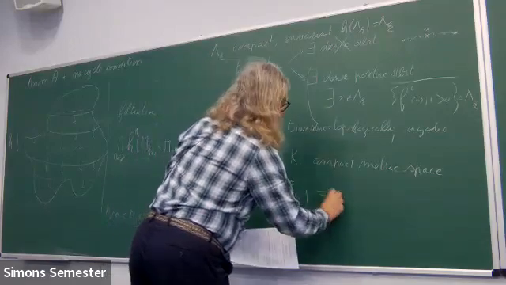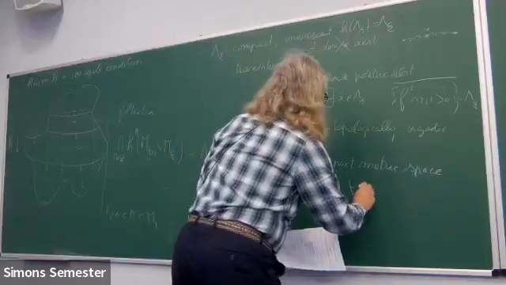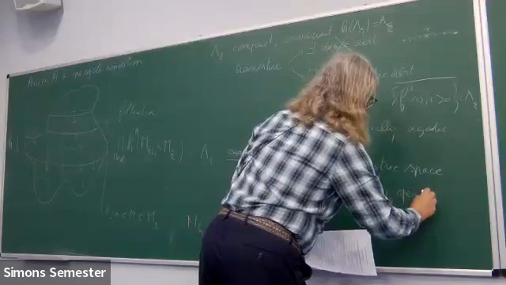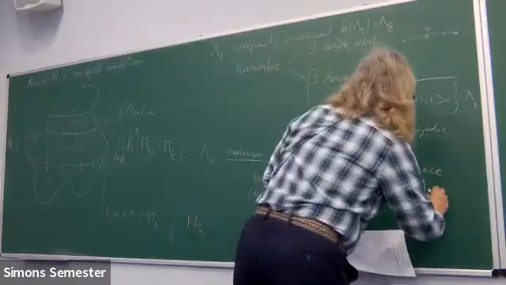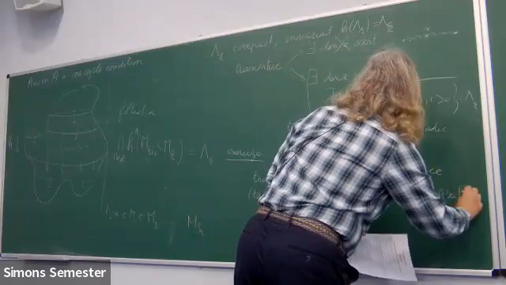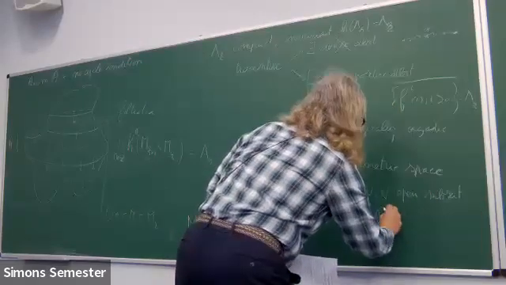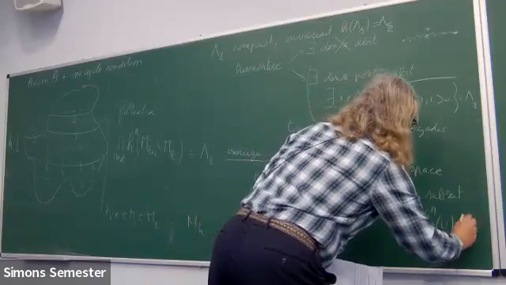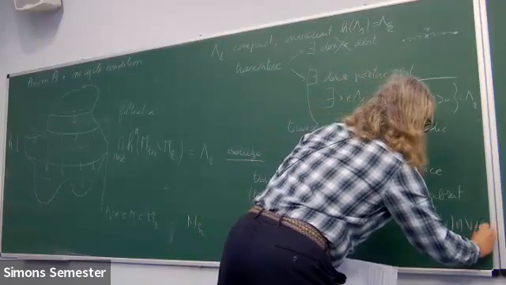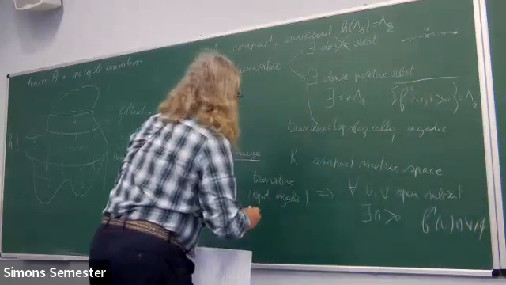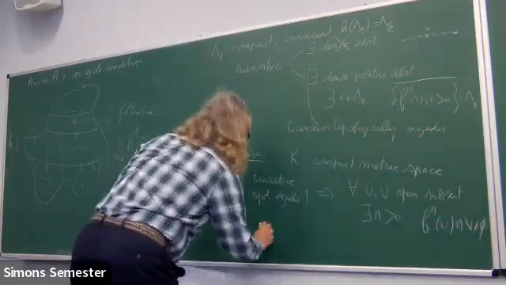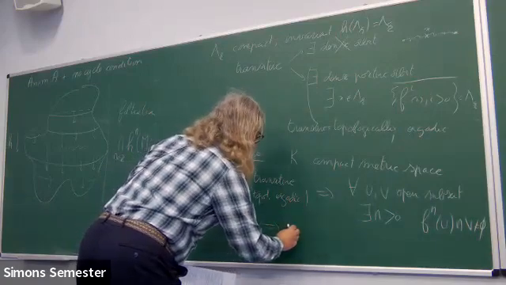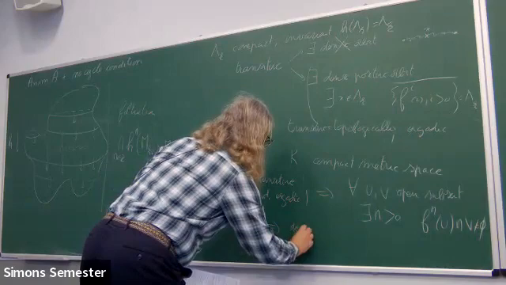This is equivalent to: for any two non-empty open sets U and V, there exists n strictly positive so that Fⁿ(U) intersect V is non-empty. That is also equivalent to: there exists a G-delta dense set, so generic points